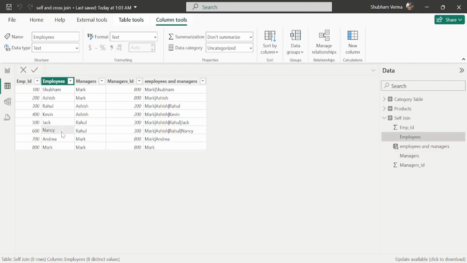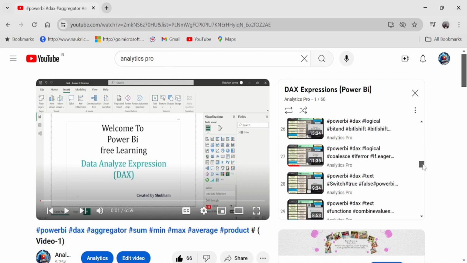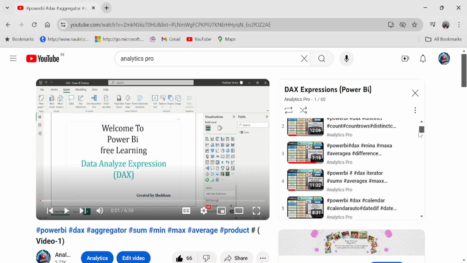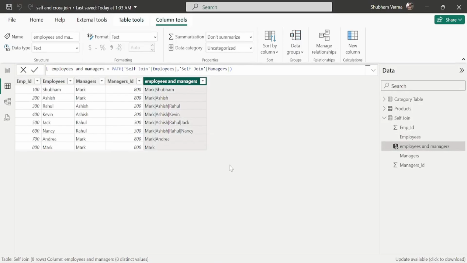this path function works. So if you want to learn more about the parent and child category or any other DAX function, you can follow this DAX expression playlist, which you can easily find here under this Analytics Pro channel. Here we have covered all the DAX functions of Power BI in detail. So you can also take advantage of this playlist to learn DAX in detail. So I hope you are clear when and how to use this path function if you have such a kind